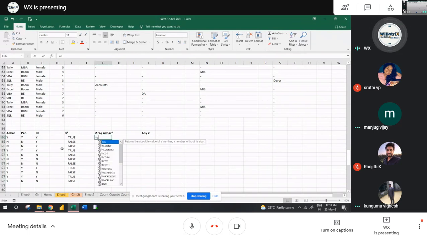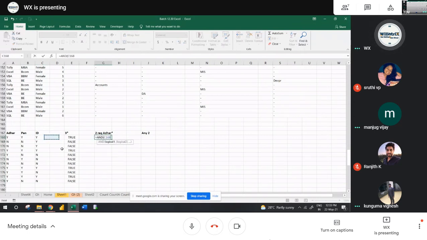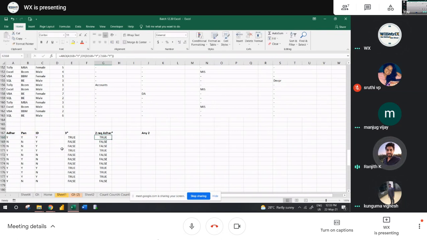See, for example, I am using an AND function here, that Aadhaar equals to yes. Okay, then here an OR function, PAN card equals to yes or ID equals to yes. Close the bracket of this. Enter. This is how we can find out two documents are required, Aadhaar is compulsory. We have to hold Aadhaar as Y compulsory, then use the optional here, whether PAN card equals to yes or ID equals to yes. Understood now? Yes. Manju, you did the same? Yeah, sir.